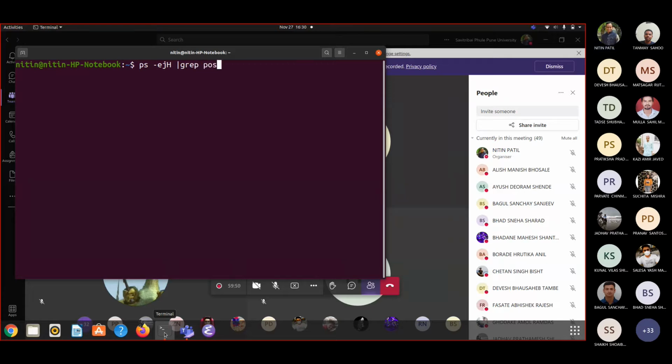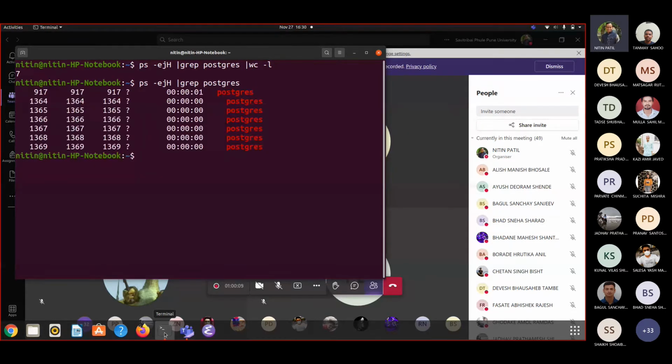Grep postgres, count, sorry, wc -l. How many entries are there? 7. So if I write this, I should be able to see these 7 entries.